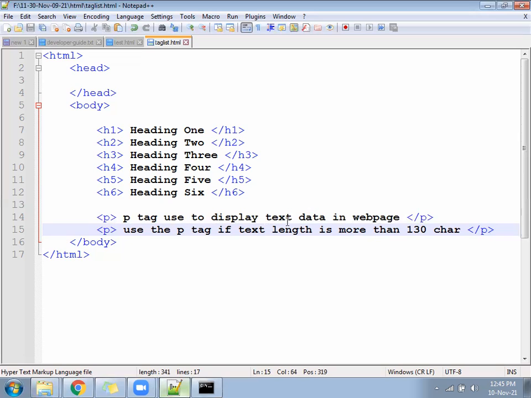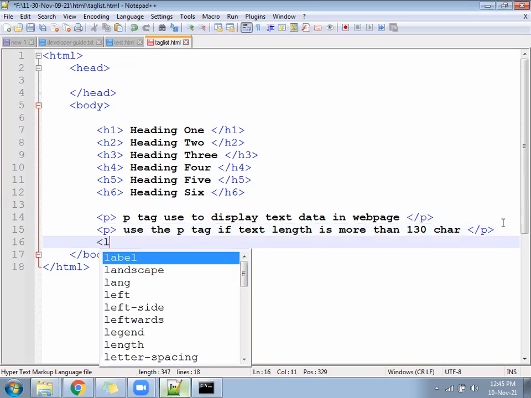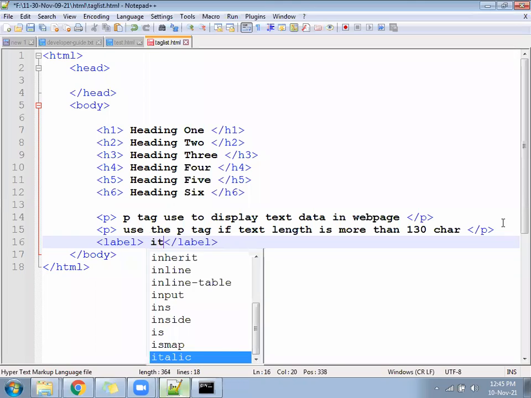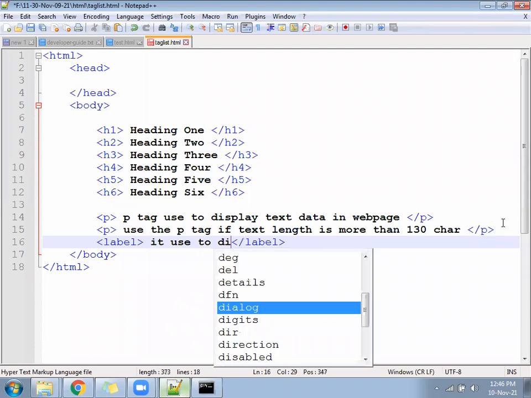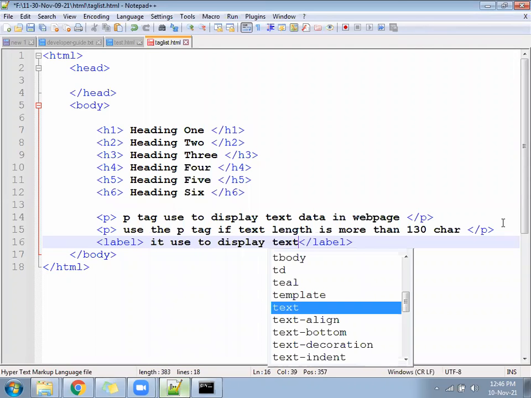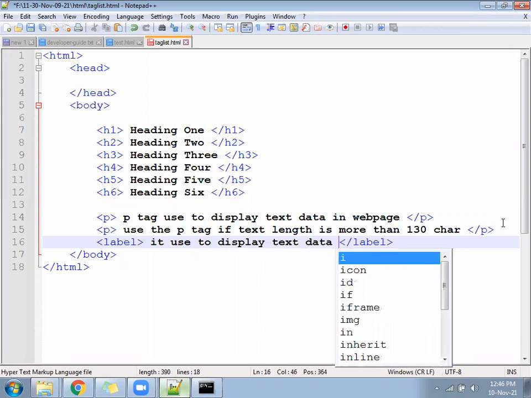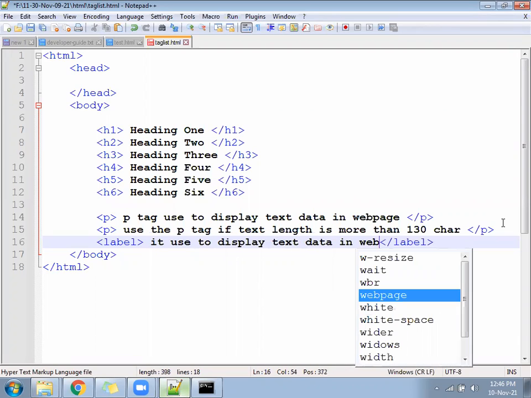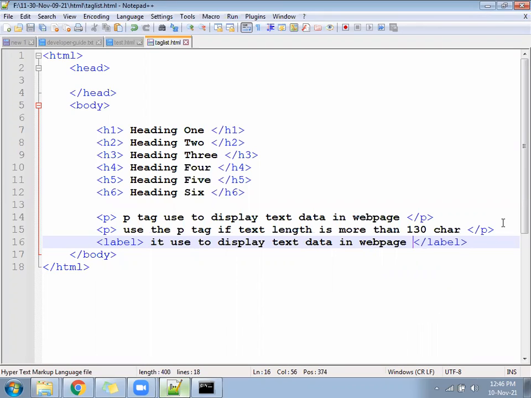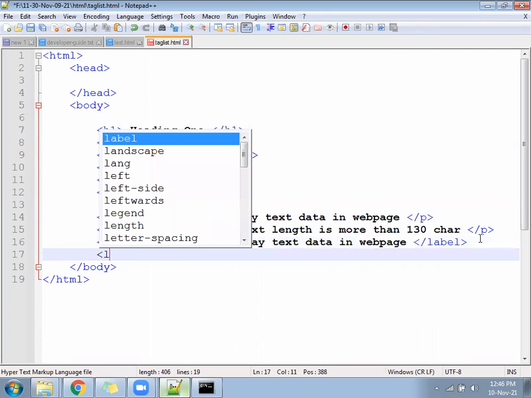Come down below. Write the next line. If the text is up to 130 characters, what to use? We have a tag called label. Inside we can write again. It is used to display text data in the web page. The paragraph tag and the label tag both help you to display text data in the web page, but with limitations. L-A-B-E-L, label.